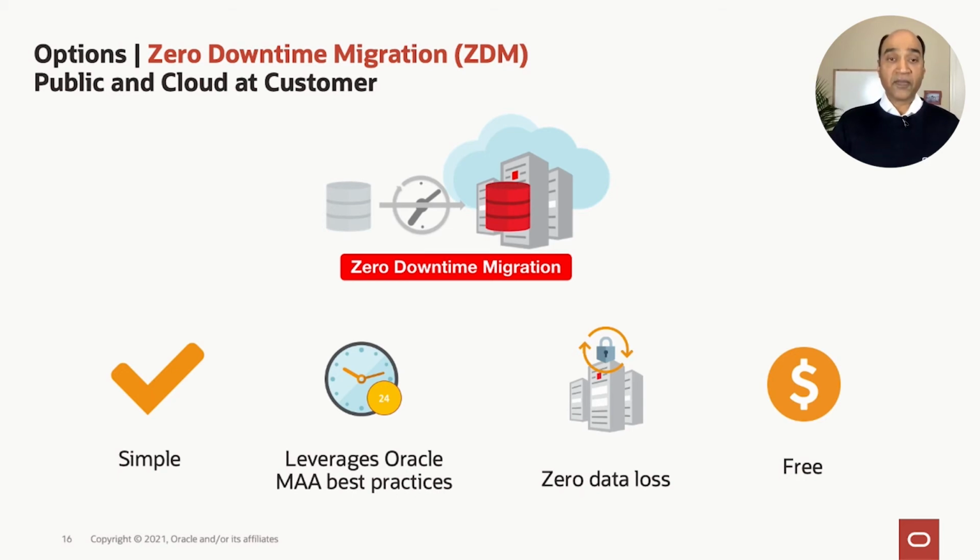Now, then comes applications where availability is a criteria, right? You have business critical applications where downtime is minimally available, or you may have just a brownout available, 24/7 applications. All those can be migrated to autonomous using a utility called Zero Downtime Migration, or ZDM.